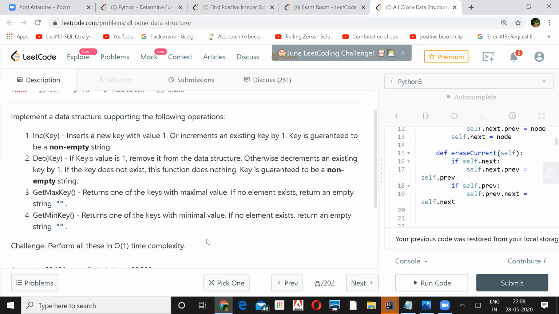Okay. But if you want to do it the other way, I can show you the other way also, which I did using a list, the LRU way. Because that is almost O(1). But if you look at the runtime complexity in LeetCode itself, they give me the first solution as better than the next one.